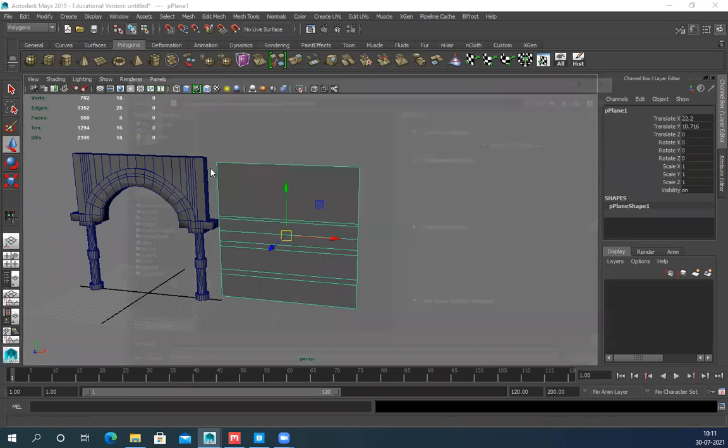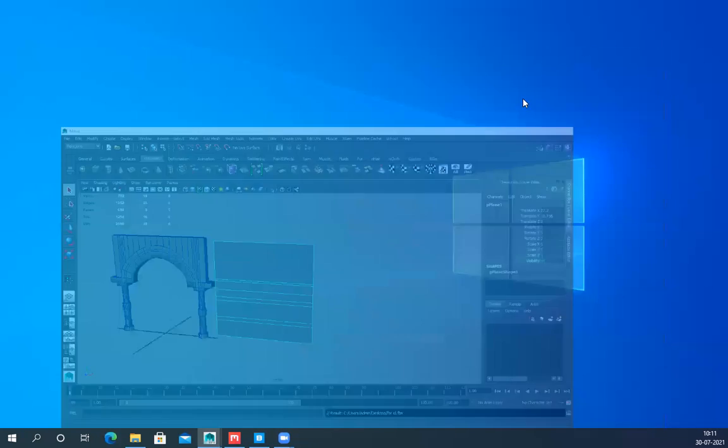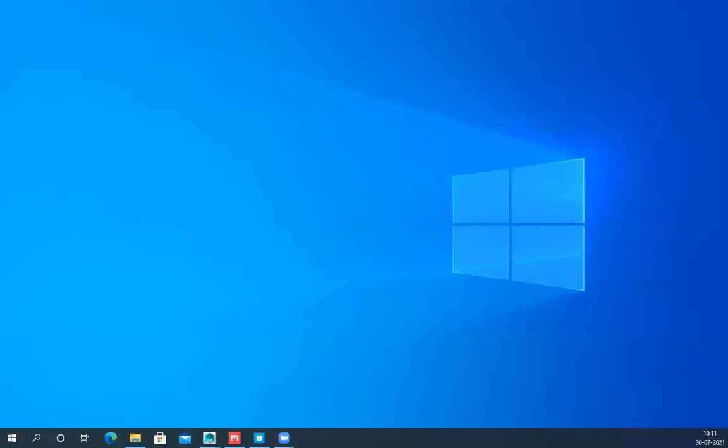Export selection to desktop for ID. Let me open Substance.